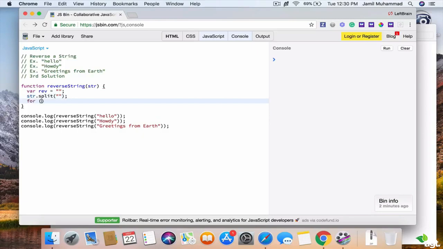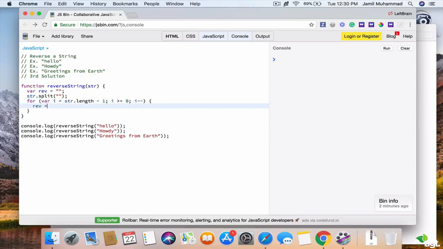Then I have the for loop again, var i equal to string length minus 1, and then i is going to be again greater than or equal to 0 decremented by 1,